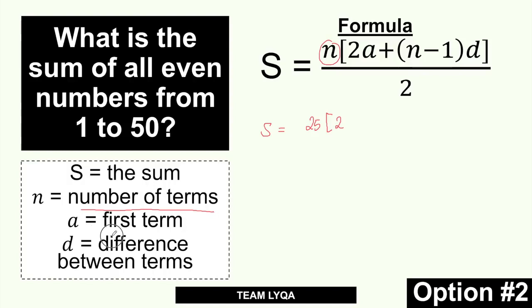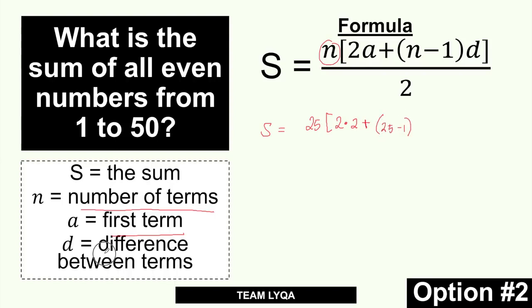Ang A is the first term. Ang first term natin, in this case, is going to be 2, kasi yun na yung unang qualified. So, 2 times 2, and then plus, have yung N na yan, small letter N, again, the number of terms, which is 25, minus 1,